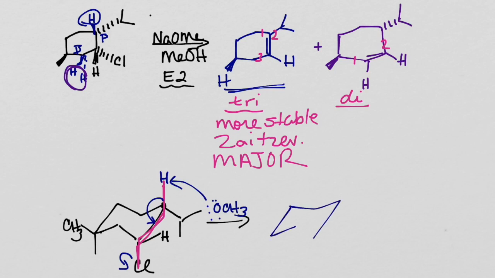Now, I'm just going to draw it on a chair right now. It actually fits okay if you build a model of it. If you build a model of this, what we actually see is something called a half chair. But for the sake of just seeing what my mechanism did, it is not incorrect to do this. And then if I just count my carbons, 1, 2, 3, 4, I can see that when I draw it,